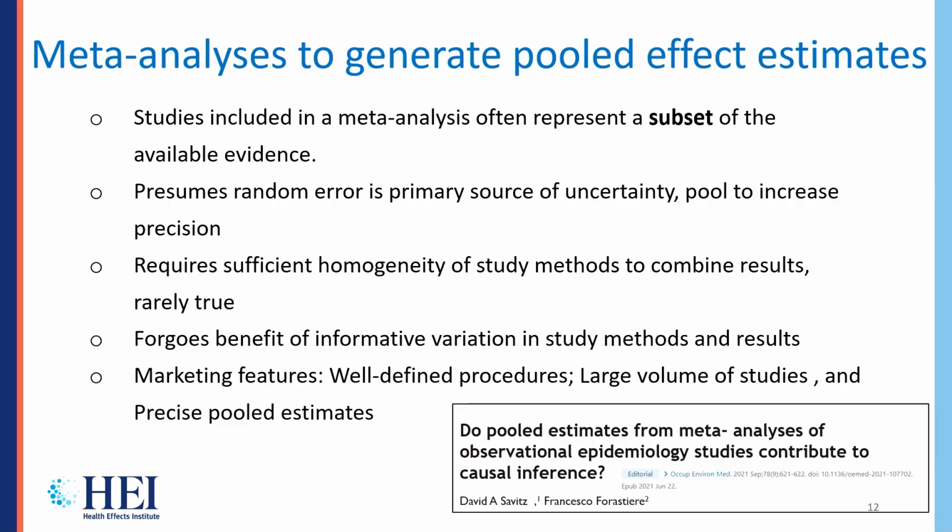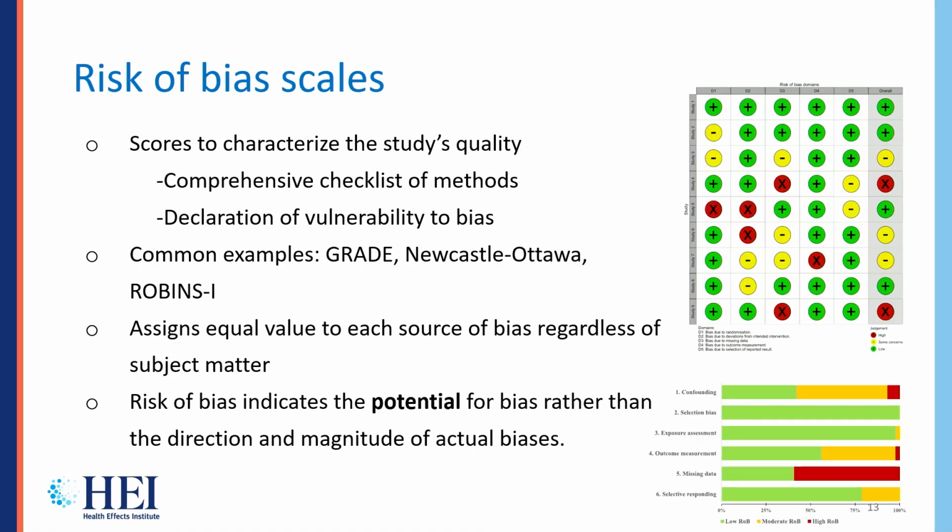And in epidemiologic studies, that's rarely the case. You can say they're similar enough, but very often there are important differences among studies. And the danger is you eliminate the opportunity to learn from the contrast across the studies, the way the methods relate to the results. And it gives, I think, again, this illusion of certainty. There's a large number of studies, very precise results. It sounds like it must be right, and yet, in fact, it is laden with assumptions.